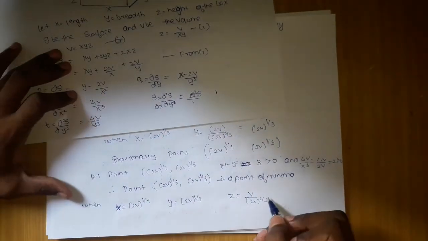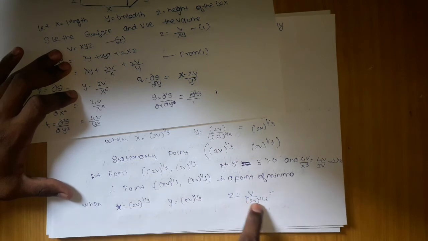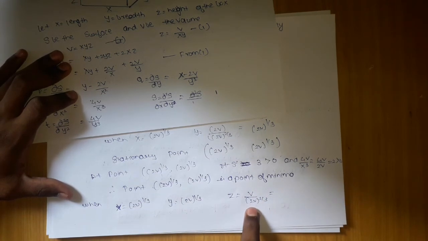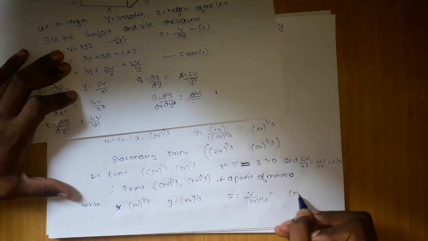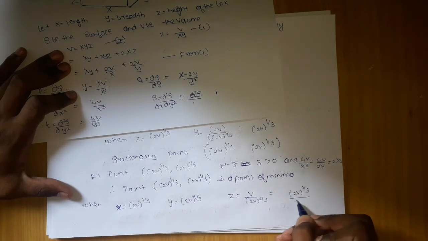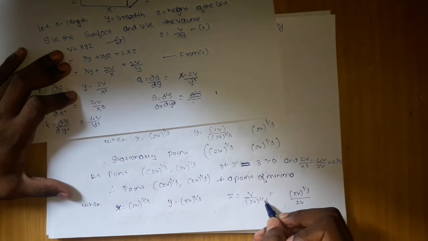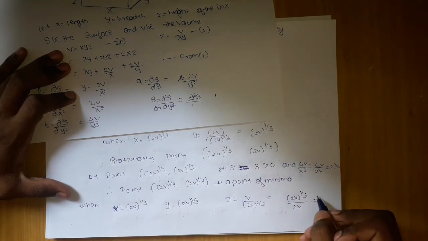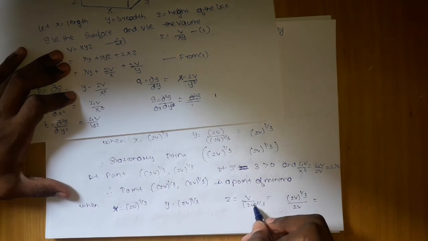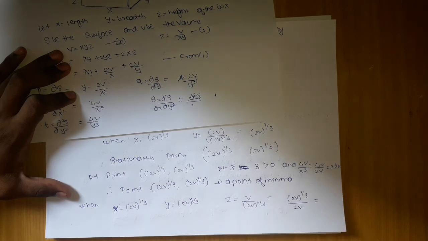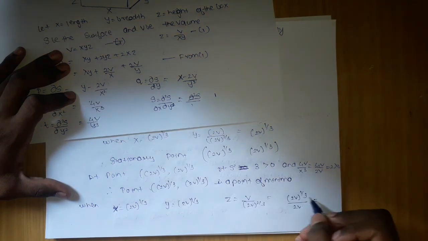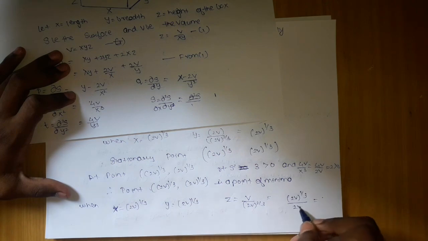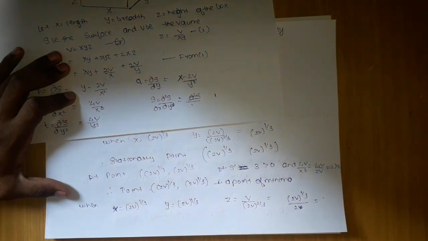So if I do that equation, I am getting 2v, we multiply, the power will add and become 2 by 3, and here we are going to multiply and divide by 2 power 1 by 3. Then here it will become 2v power 1 by 3, and here it will become 2v. Here since 1 will be there, 2 by 3 plus 1 by 3 will become 1. So 2v will be there, and here you can see v will cancel out, and this v power 2 by 3 will nullify this one, and we are going to have v power 1 by 3 at the top. So (2v) power 1 by 3 the whole upon 2 is our answer.